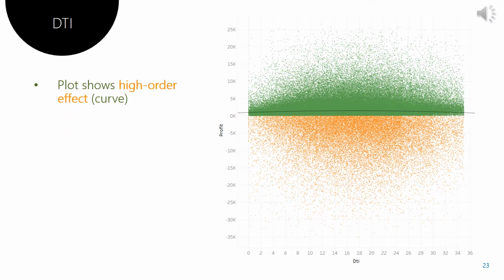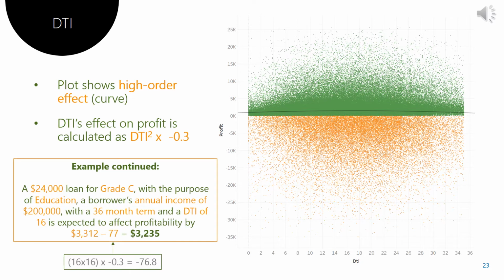And multiple regression is great because it's able to account for higher order effects. And we do that by squaring the variable. So we take DTI, square it, and multiply it by the model's estimate. The estimate in this case is negative 0.3. So if we look at the example equation that we've been building upon, and we use a DTI of 16, we take 16 times 16 and then multiply that by negative 3, and we get a negative impact on profit